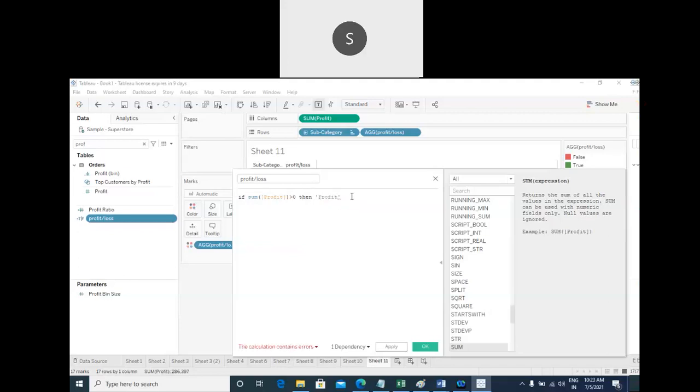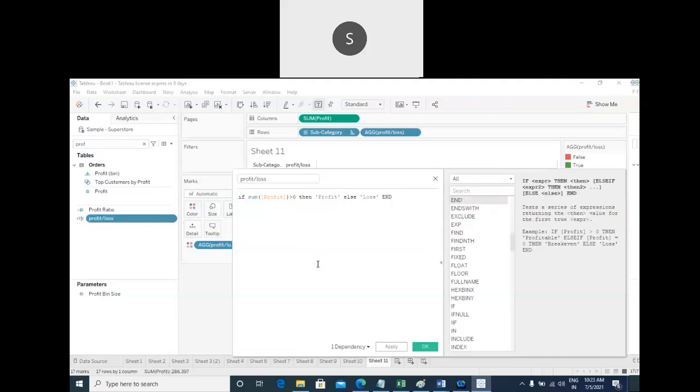Else, if the condition is false, in single quotations, it's a loss. Then go for end. So this is also a correct statement.